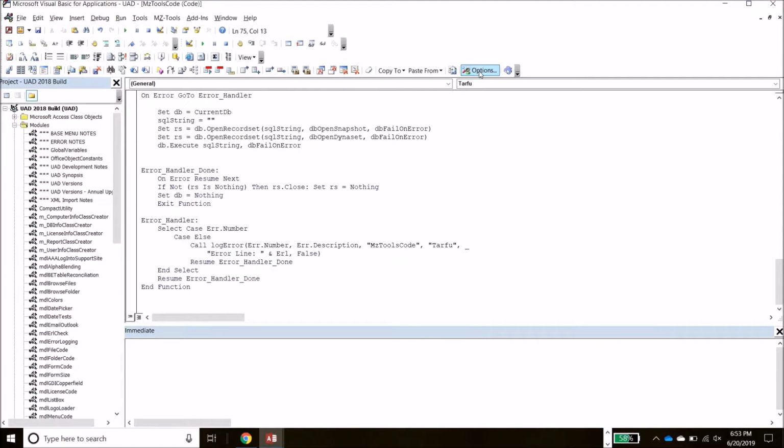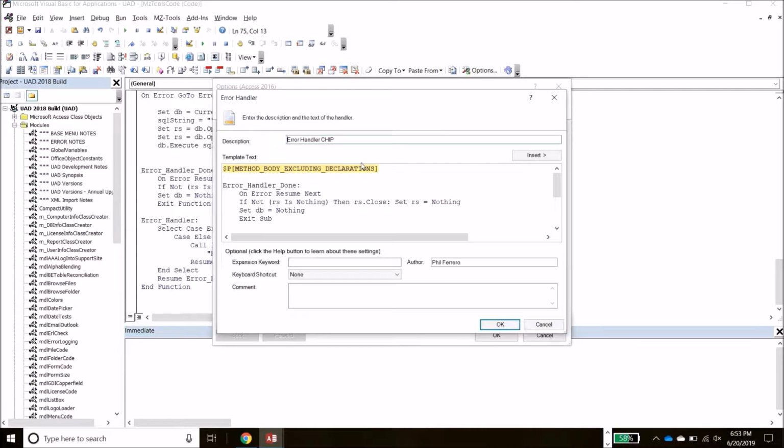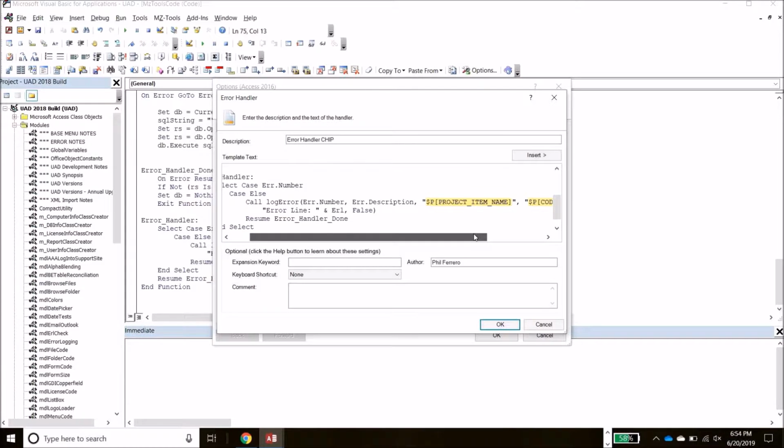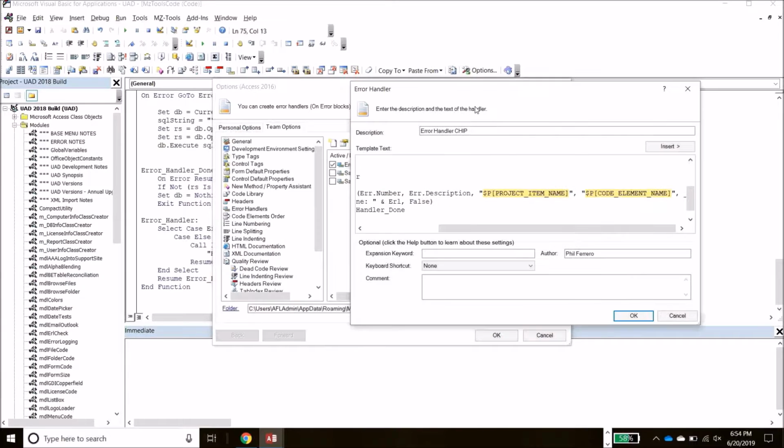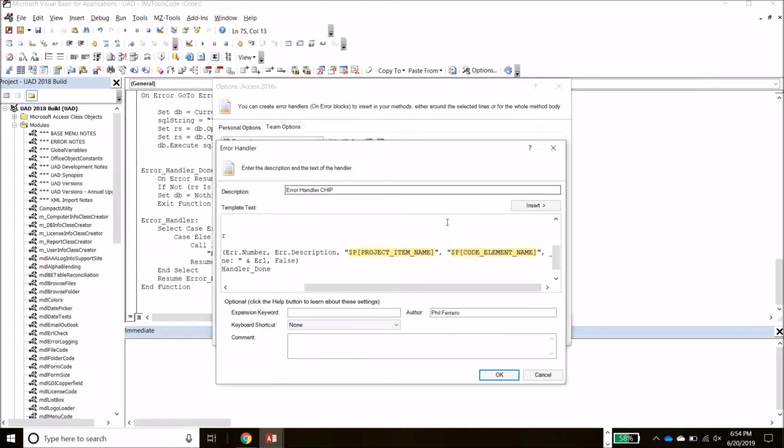Let's go see what this error handler does. As you can see, I've set above that any of the method body is going to be above the error handler, so it always goes to the bottom. And again, these are variables that you can set up in here. There's a list of them that you can utilize throughout these code examples that you're setting up, or the code library. But you'll see for the error handler, I've got this project item name and code element name, and they map directly to what